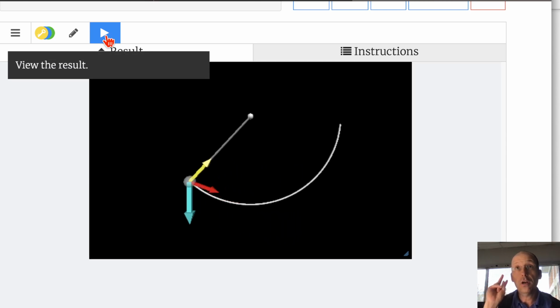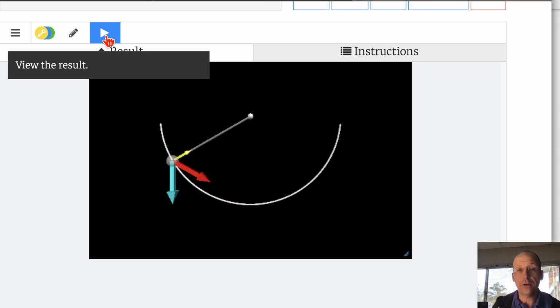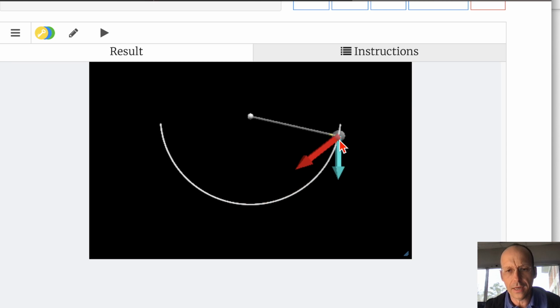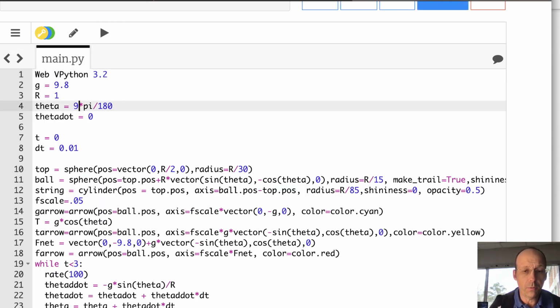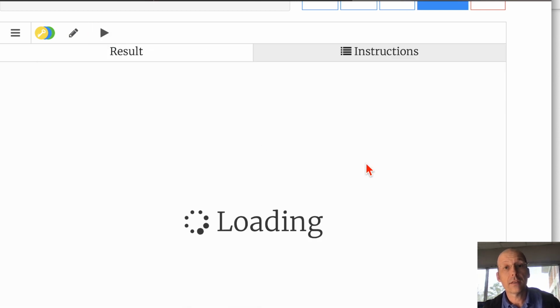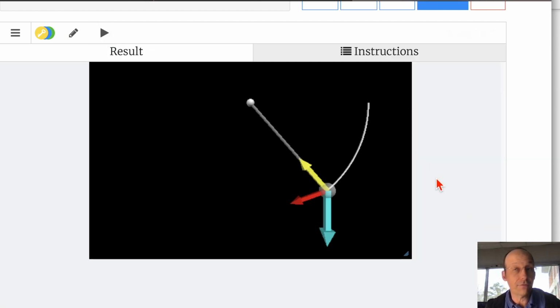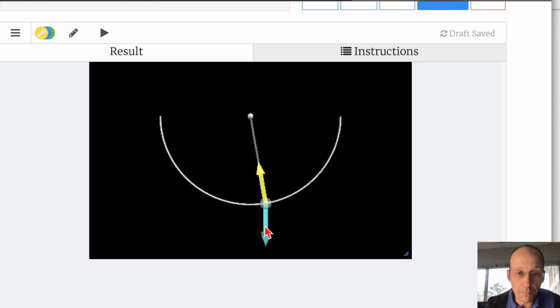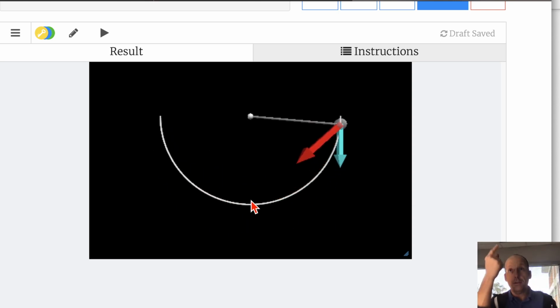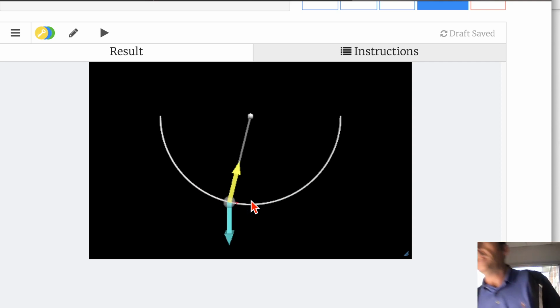And now I'm going to draw this diagram at two different points. This is actually, I'm not going at, I need to go at 90 degrees. Let's change this to 90 degrees. I did 85. I don't even know why I did 85, but 90 degrees. So it starts off, there's no tension, right? There's no tension when it starts off. And at the bottom, the important thing is that the force is the tension straight up, the gravity straight down. So let's draw those two instances to talk about